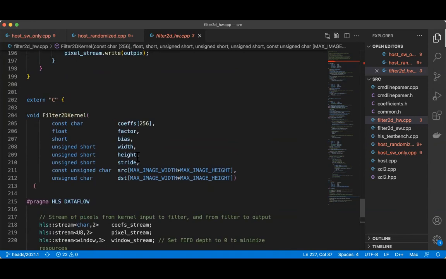In HLS, I think the whole thing gets synthesized as one thing. If you want multiple compute units like this, then perhaps we may have to use an OpenCL based approach, because right now we are just using OpenCL for data transfer.